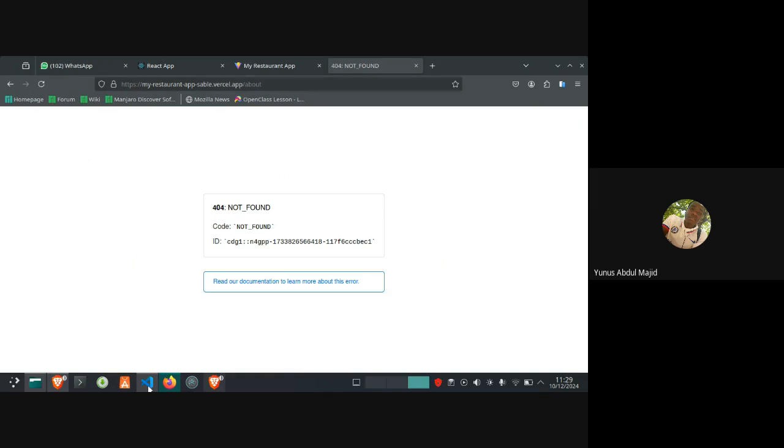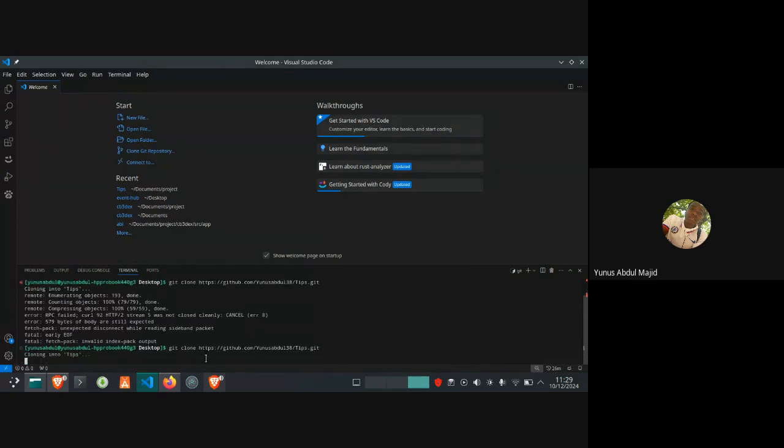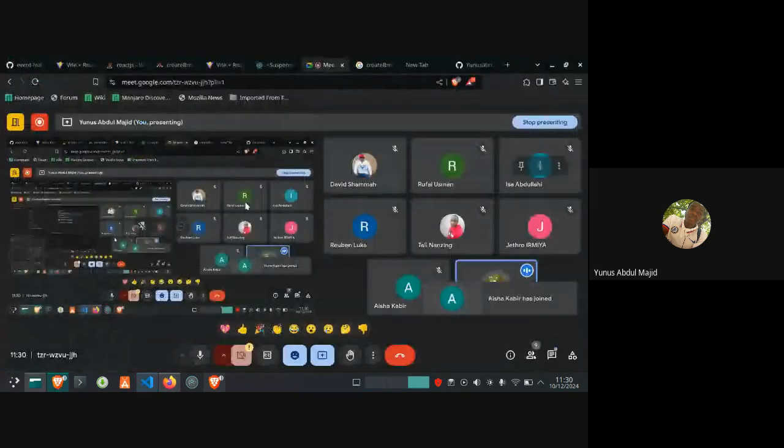So let's go back to VS Code. Let's hope this works. To resolve that error, this is what we will do.